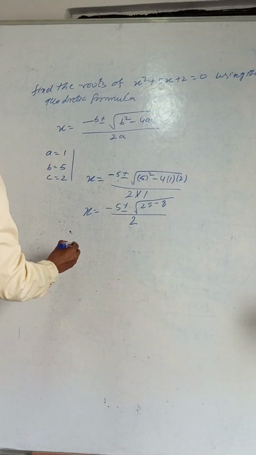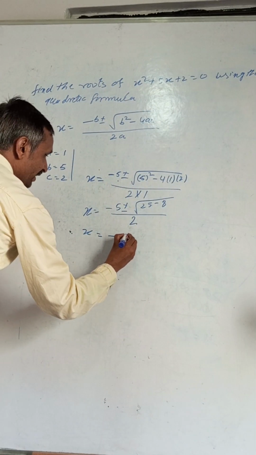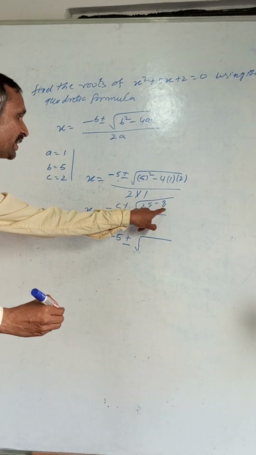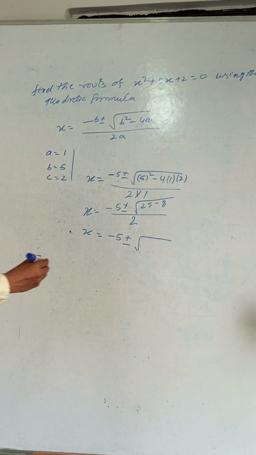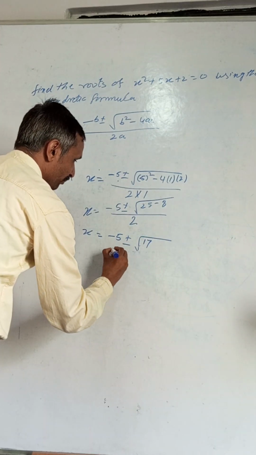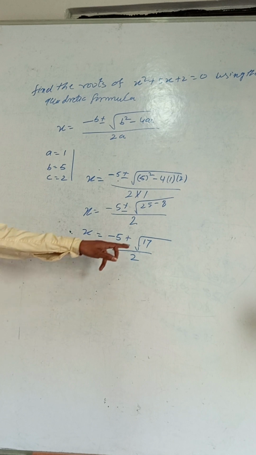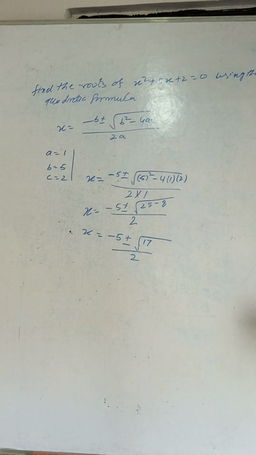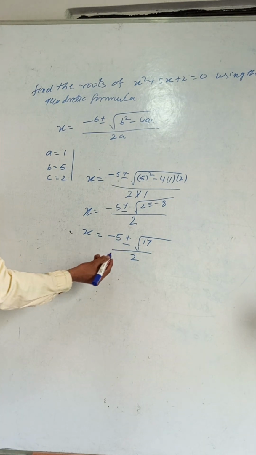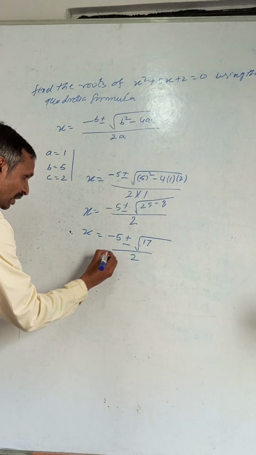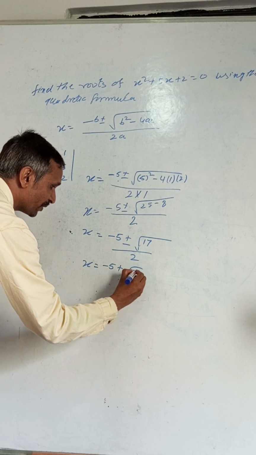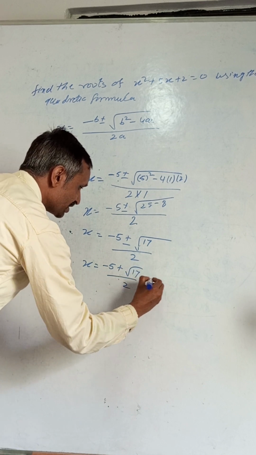Now we can write x is equal to minus 5 plus or minus root of 25 minus 8, and 25 minus 8 is equal to 17, so root 17 by 2. Since 17 is a prime number and not a perfect square, the roots are irrational and we can leave them as they are. Otherwise we can write one with plus and one with minus: x is equal to minus 5 plus root 17 by 2, and the other x is equal to minus